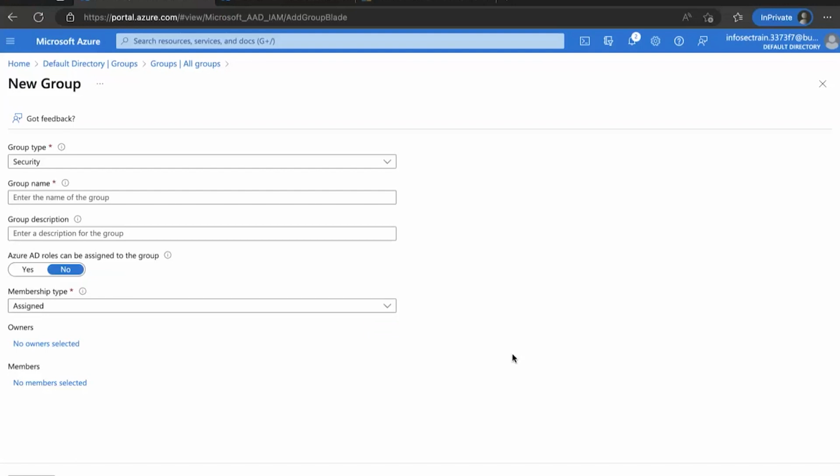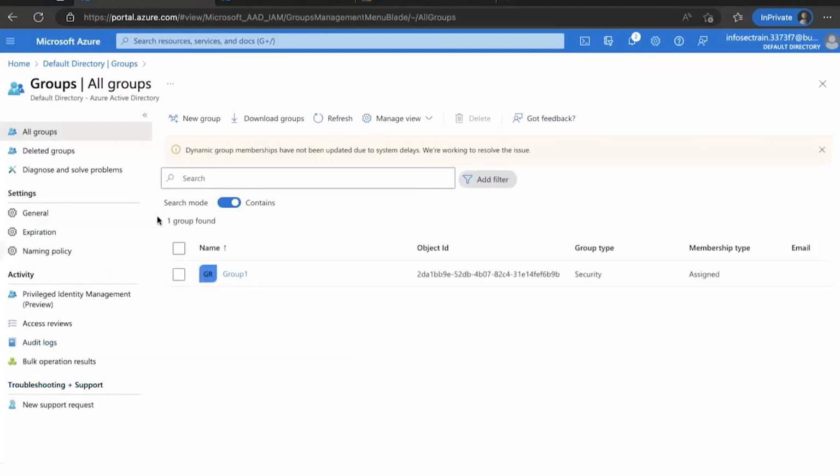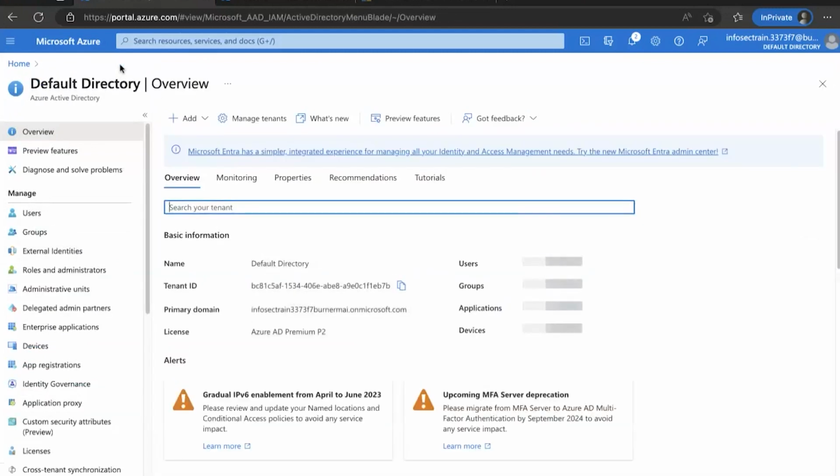What it will do, rather than every time you assign users manually, it will let you create a query which will keep adding the users over here. So this is going to be that dynamic user group or devices group. You can register devices as well in here, that's why you got those features over here. Okay, so these are a few features that will be activated with this kind of license.